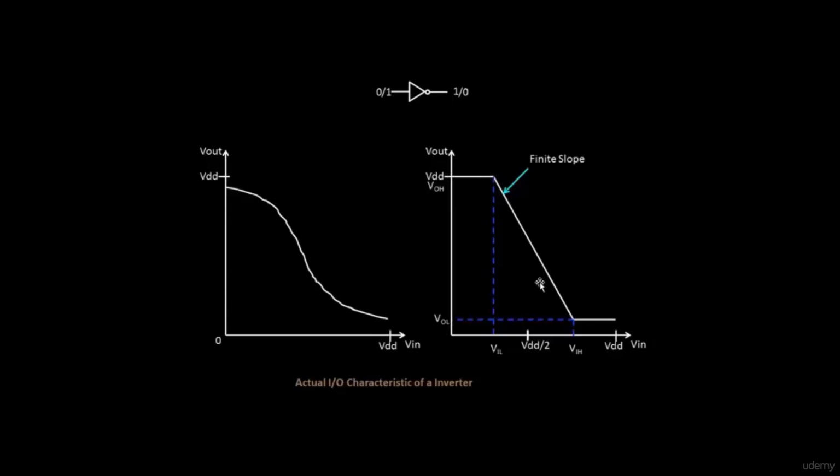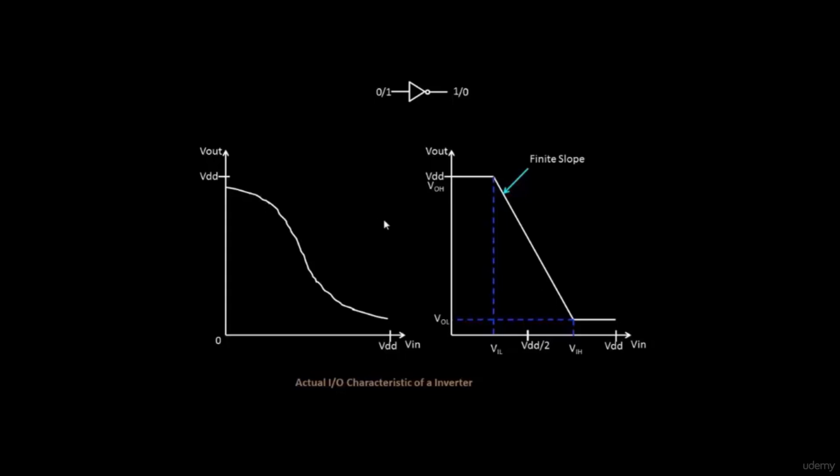This was more close to an ideal one. It still had a finite slope because the most ideal one had an infinite slope. This is again close to the ideal one which has got a finite slope. Okay, in this case we have a slope, but the curve is not as straight as this one. It has got these curves, and these are because of the non-idealities of the inverter itself. Okay, so again if you see the slope which is present in the mid range, this is still a negative value. The slope that you still see in the mid range, it's still a negative value.